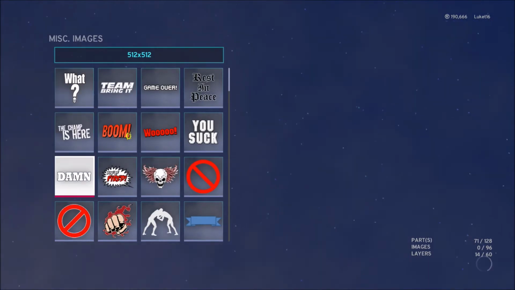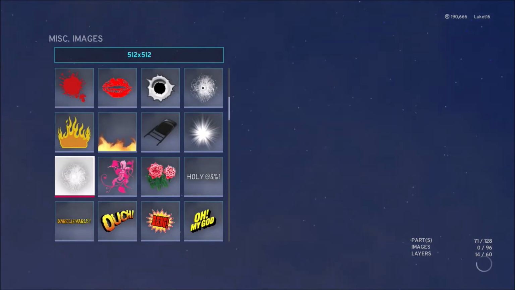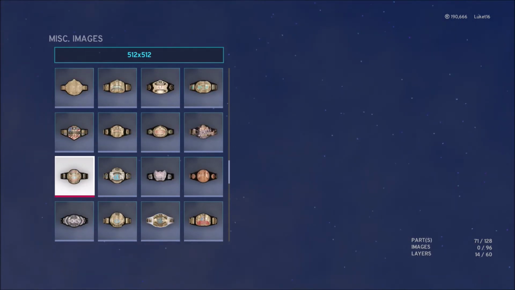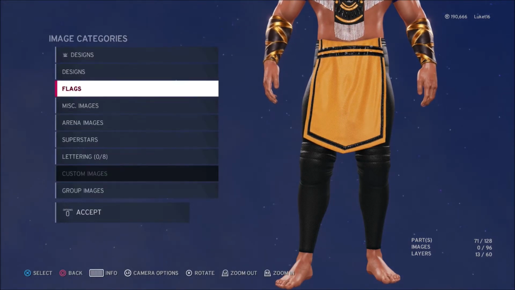Miscellaneous images. It's just a lot of randomness, isn't there? Nothing of any real use here, is there? No. Superstars lettering. Okay, so